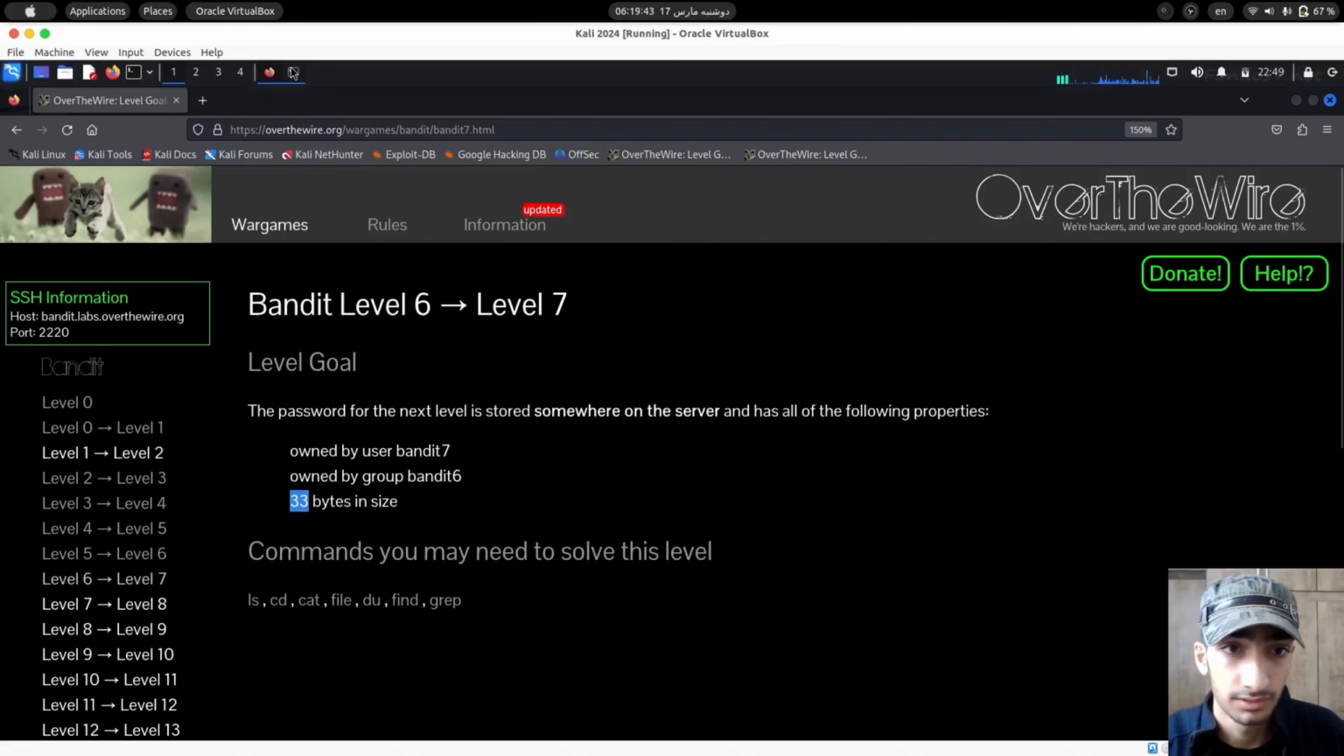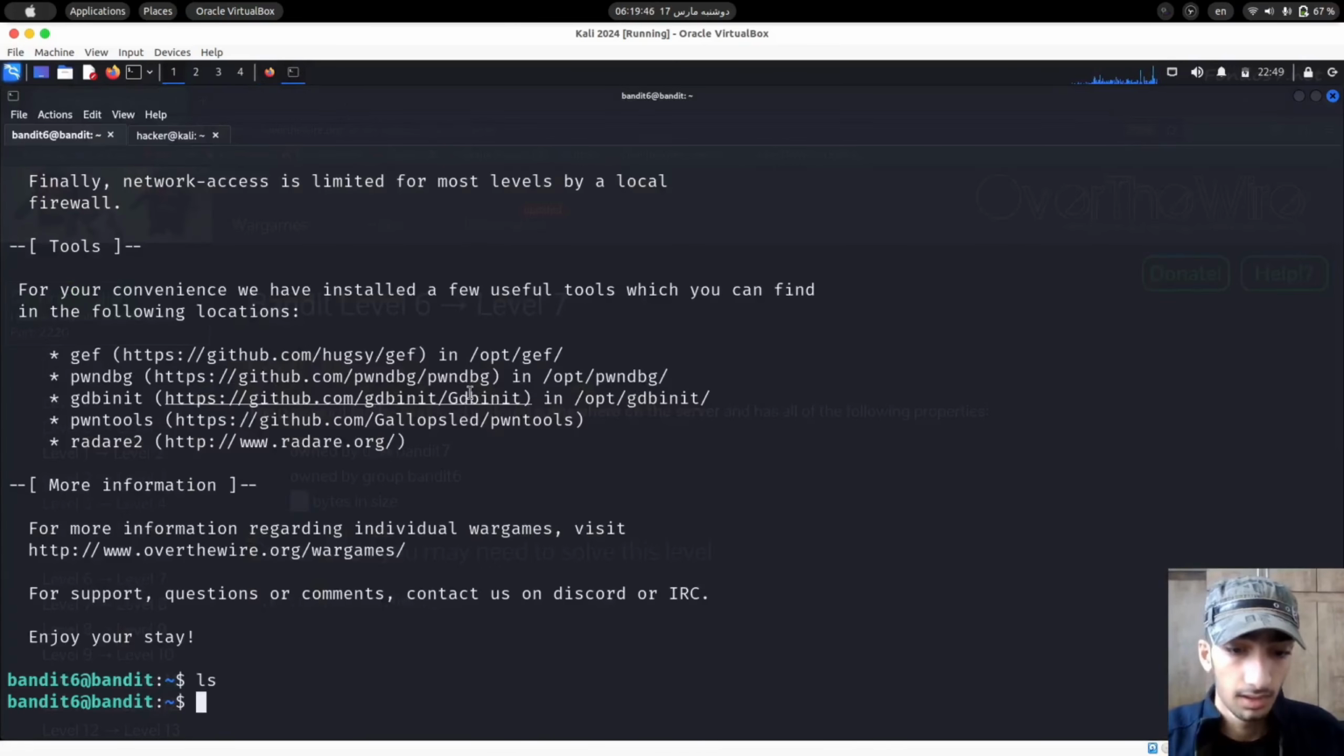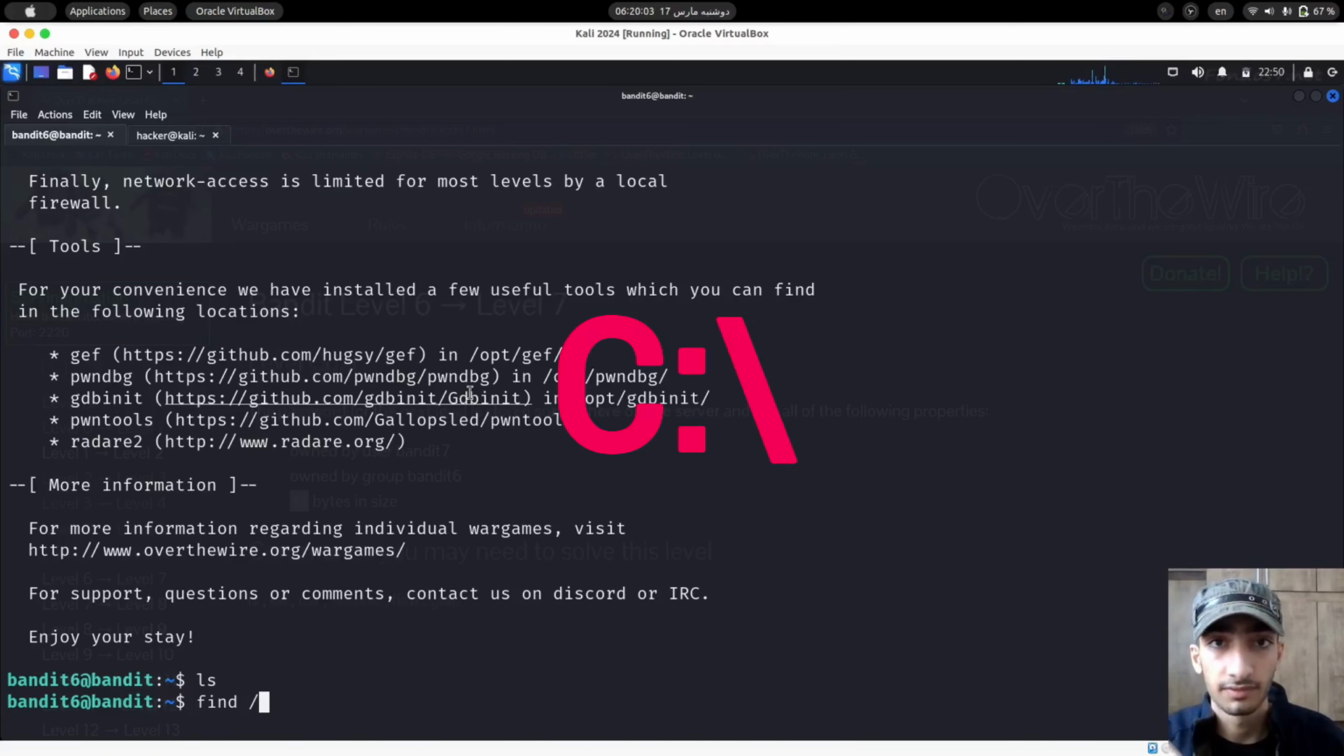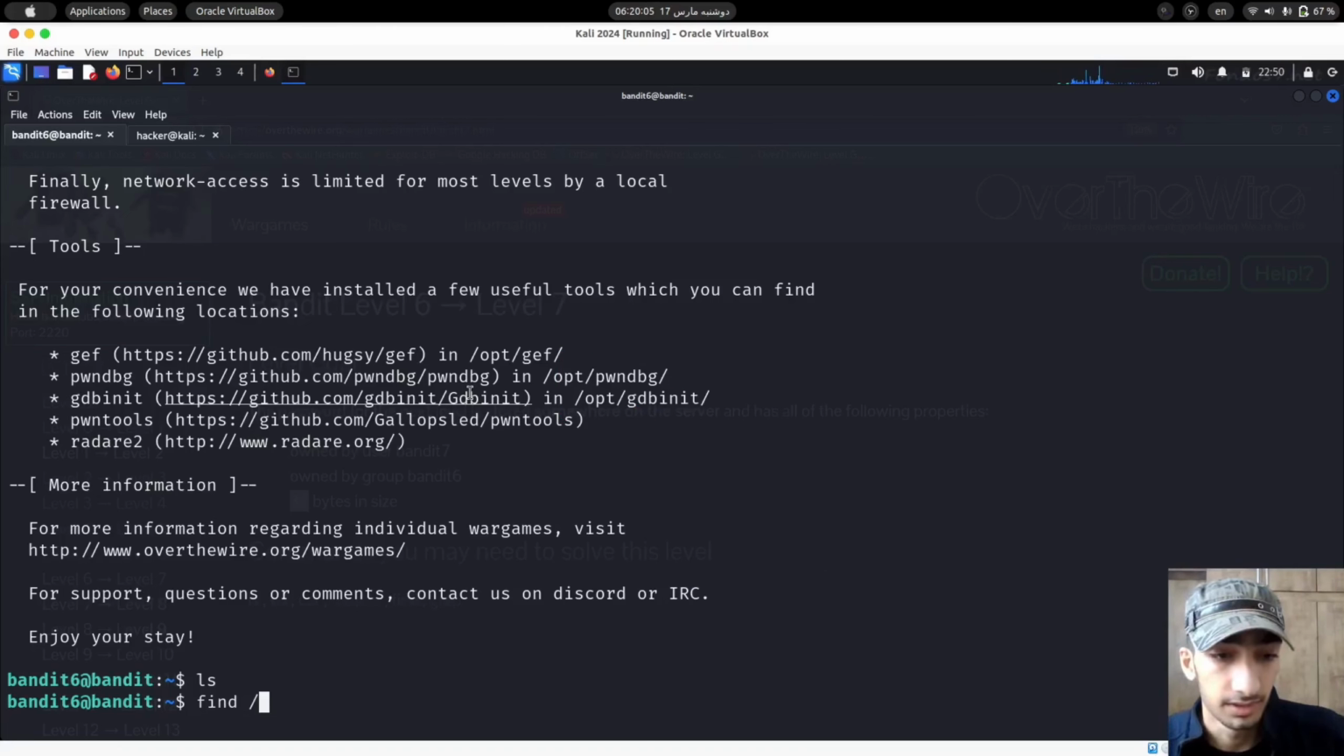So again, we can use the find command to search for this file, and it's on the server. It's not in a specific directory. So we're going to search all the directories, search the entire drive. It's similar to the C drive in Windows. The slash here means search the root, search the entire drive, and then we're going to use -size